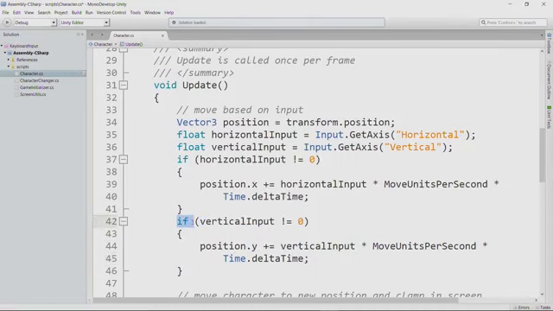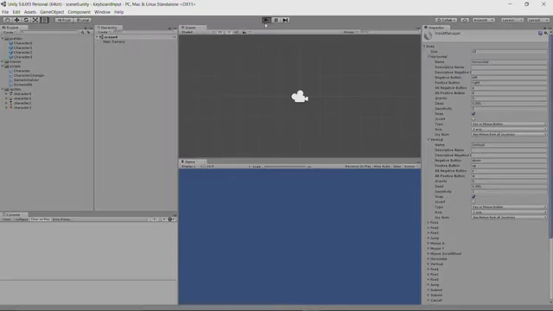Notice this is not an else if, because if I made this an else if, I couldn't respond to both vertical and horizontal input in the same frame, and users like to move diagonally sometimes. We'll actually talk about an issue with that once we go back and run the code. And in fact, let's go do that now in the editor. So now when I run my game,